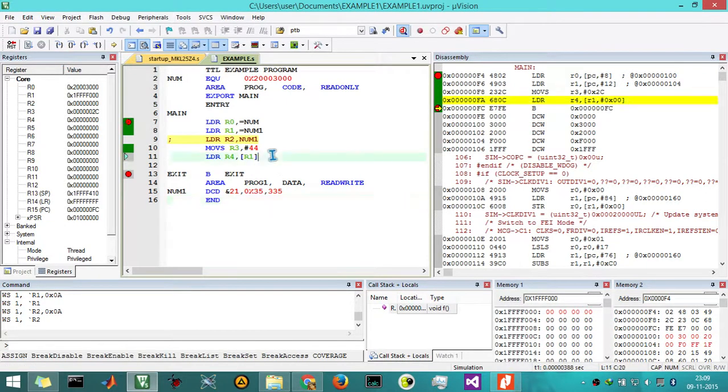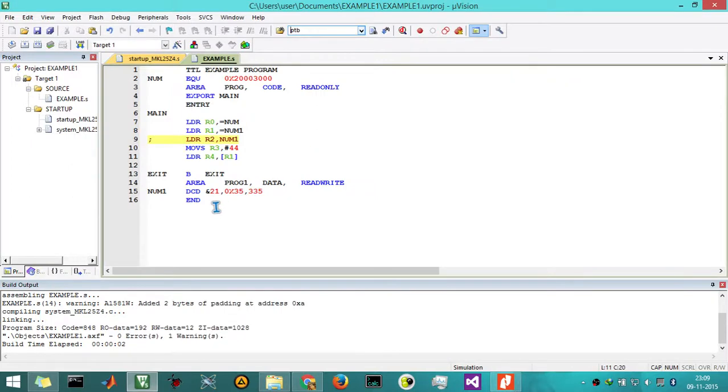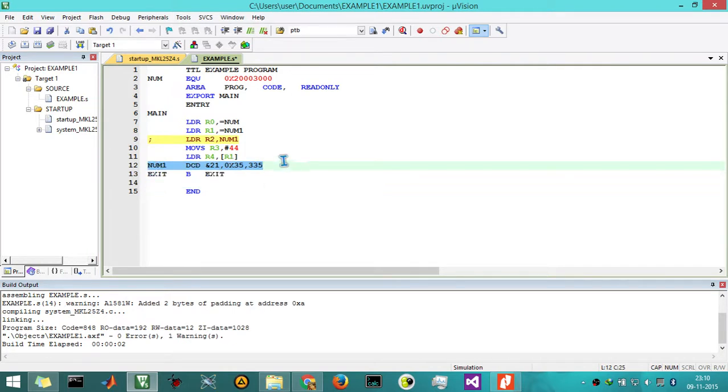Now we are going to see some more operations with this BCD directive. I am going to remove this segment and place it in the code memory section.